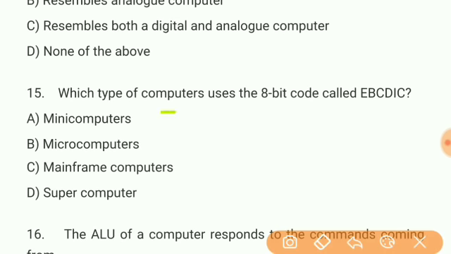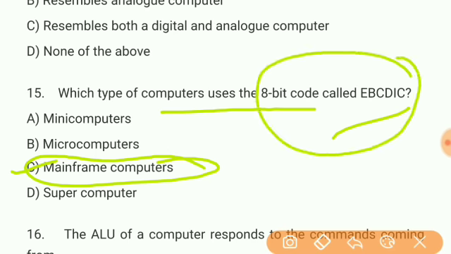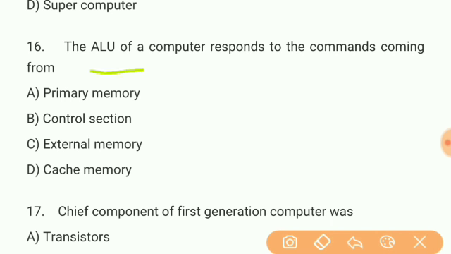Number 15, which type of computers uses the 8-bit code called EBCDIC? Mainframe computers use this 8-bit code, EBCDIC. Then, the ALU of a computer responds to the commands